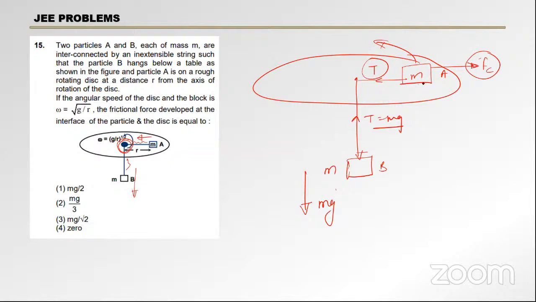And friction. Let's say this block is moving towards left. If this block is moving towards left, so this frictional force will be on the right side, which is mg mu. Mu is the frictional coefficient. Okay, so here in the question, we have to find the friction force developed at the interface. So we can directly write this as F because we have to find this F only. Now we can equate, very simple. T